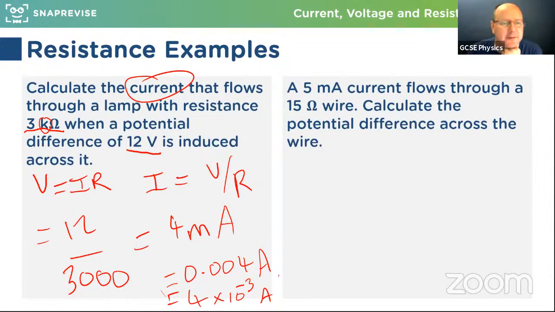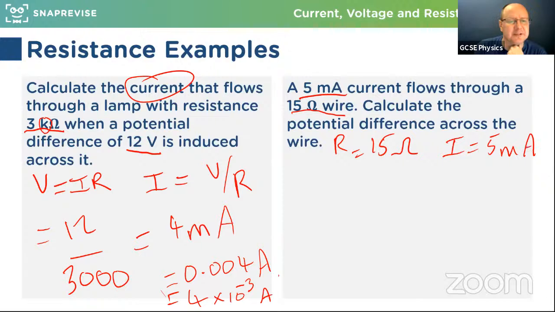5 milliamp current flowing through a 15 ohm wire. So we've got a wire with a 15 ohm resistance. So R is equal to 15 ohms. I'm just going to write that fact down because the way it's stated in the question is a bit odd. We've got current there of 5 milliamps. Let's put that down here as well. So I equals 5 milliamps. What does the milli mean? Ultimate knows the answer. If I was going to write that I down again,